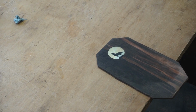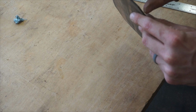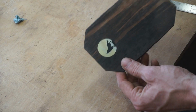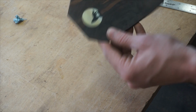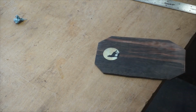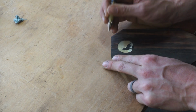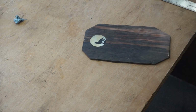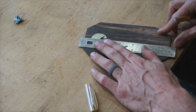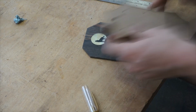And now I'm going to put my center line back onto this. One thing I did in the beginning is I pulled that center line that I had because I knew it was going to sand away. I pulled it onto both ends here, so now all I have to do is pull it back onto the top, like that, and like that, and then connect it. And then I can even